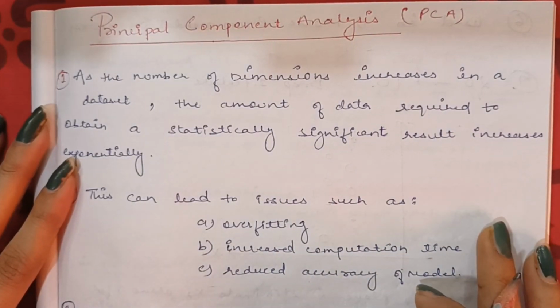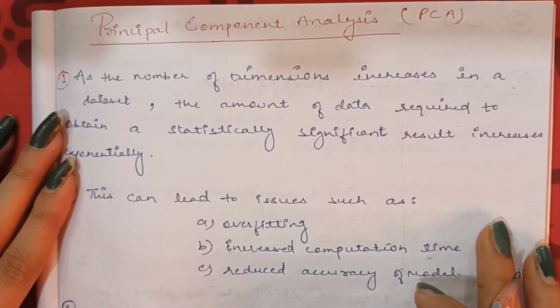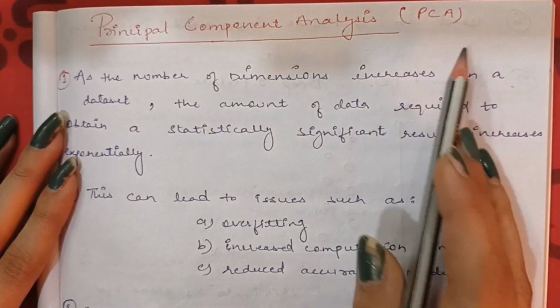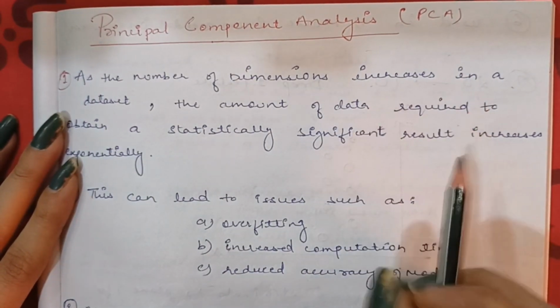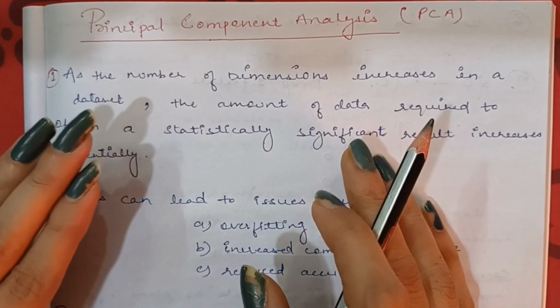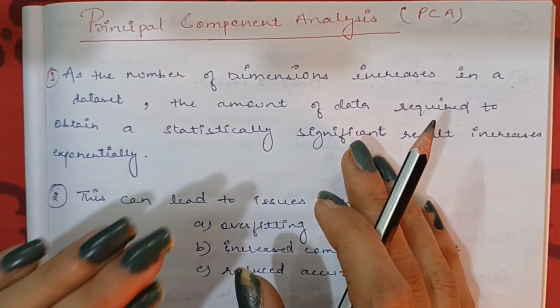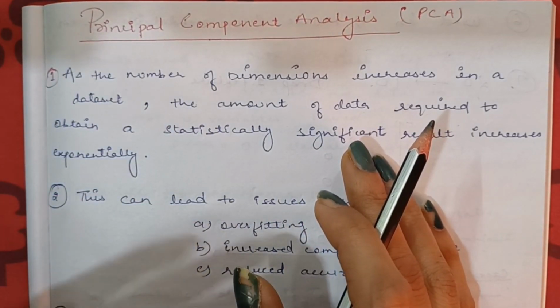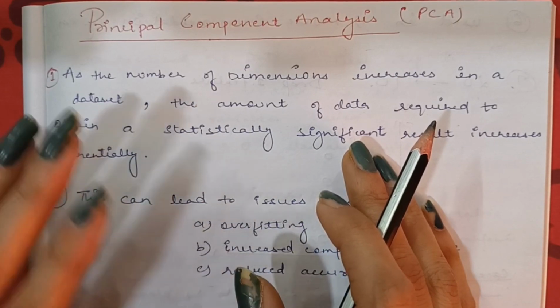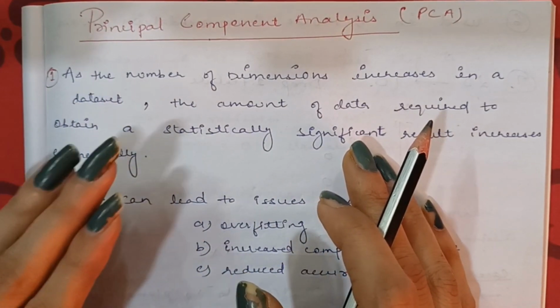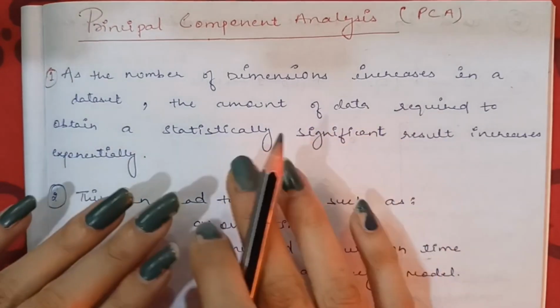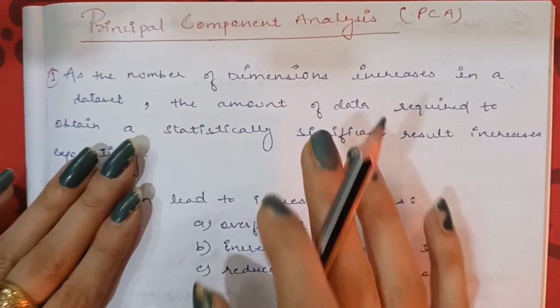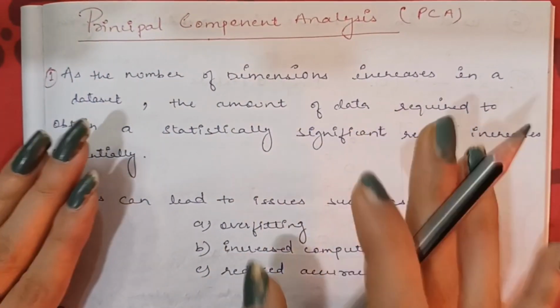Hello guys, today we will learn about the PCA, that is Principal Component Analysis. It is a popular unsupervised learning technique that is used for reducing the dimensionalities of large data sets. It helps to find the most significant feature in a data set and makes the data easy for plotting in 2D and 3D dimensions. It also minimizes the information loss.